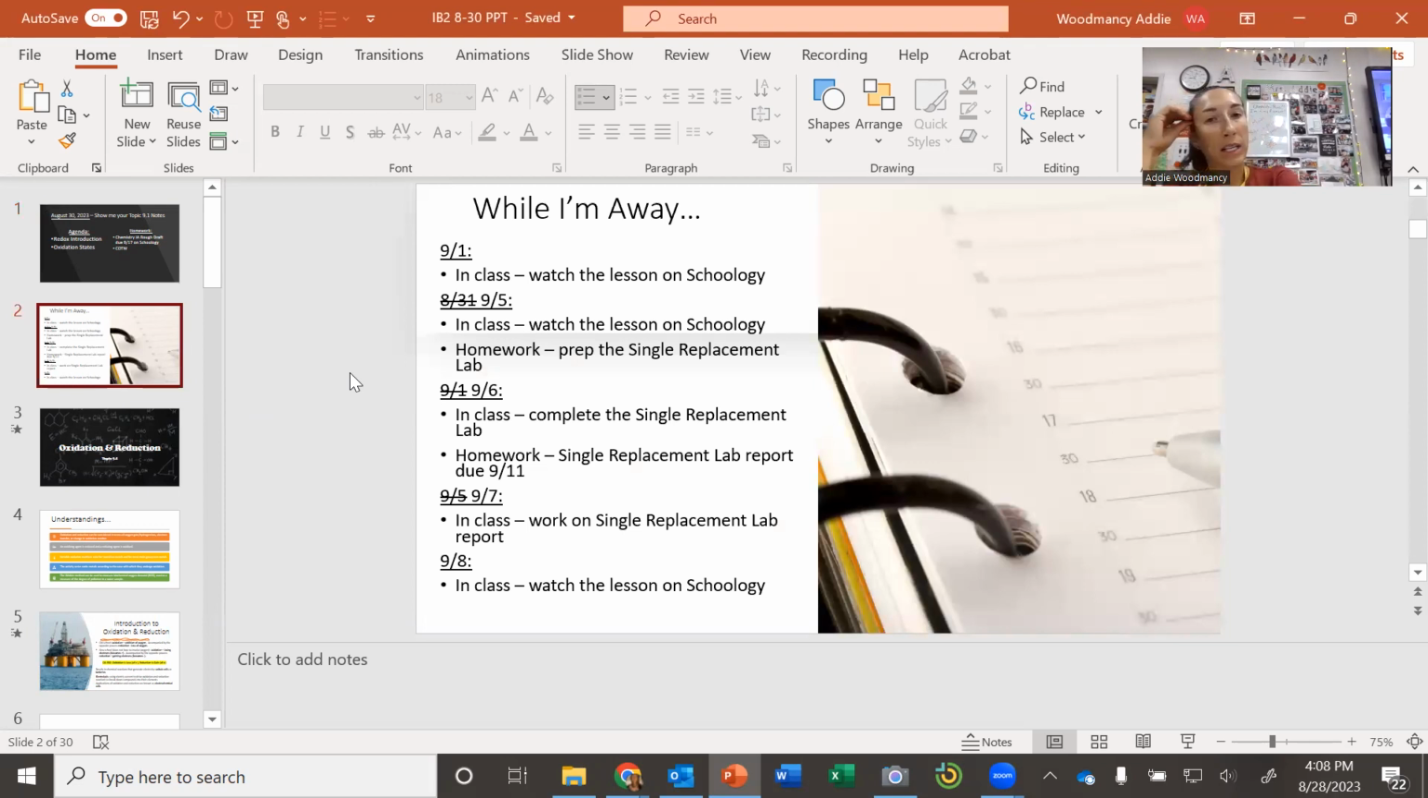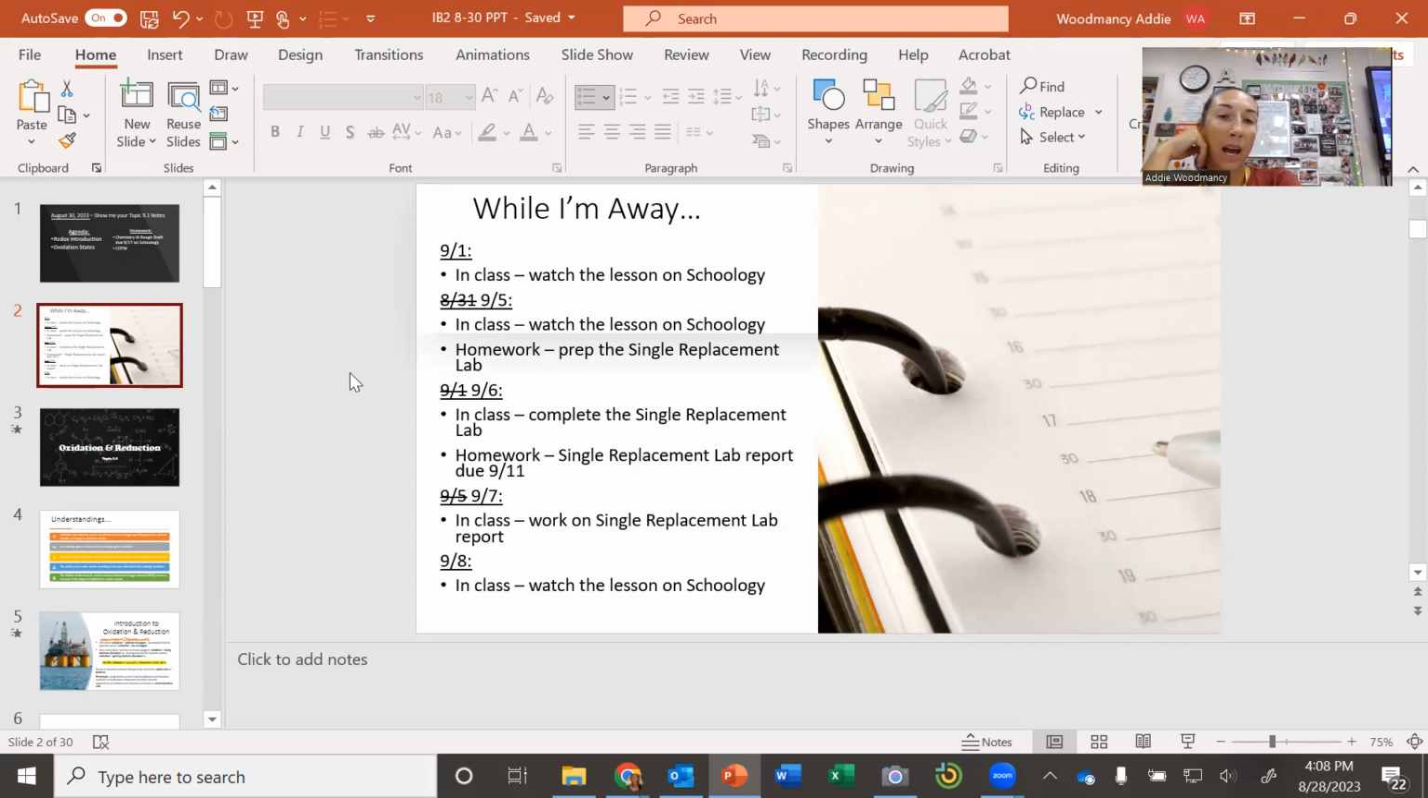I had to change this last minute because of the hurricane. So in the next video lessons, the dates are going to be off. Today, what you're going to do is watch the lesson in Schoology, and then on the 5th, there will be another Schoology lesson, and then for homework, you will prep the single replacement lab